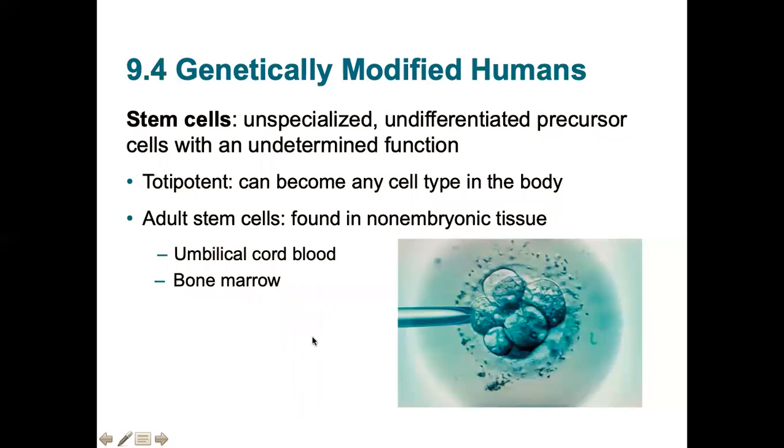Genetically modified humans: people really tend to stand on one side or the other about things called stem cells. Stem cells are naive cells, so they've been freshly made, either in the umbilical cord or the bone marrow, and they haven't decided what their job in the body is going to be. So they don't know if they're going to be a bone cell, a liver cell, a skin cell, or specialize and become gametes. They are completely blank slates, which is why they're really good for using for research. They're also